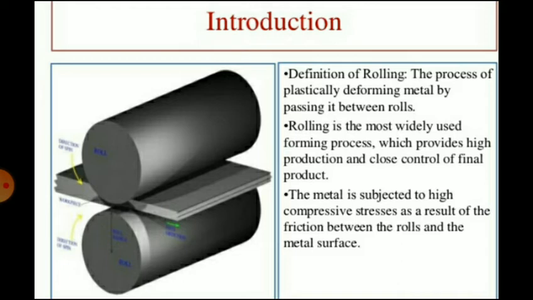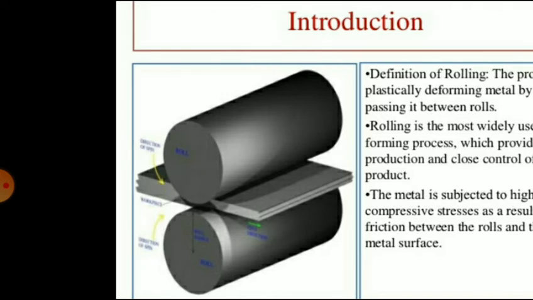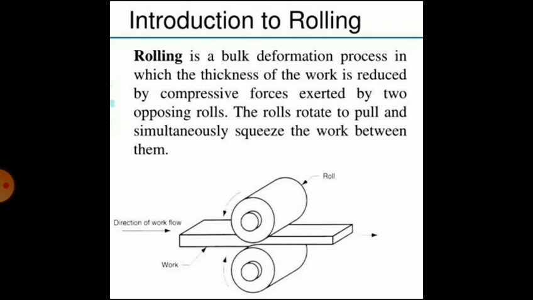The process of rolling basically consists of passing a hot ingot through two rolls rotating in opposite directions at a uniform peripheral speed, and the space between the two rolls is adjusted according to the desired thickness of the product. In deforming metal between rolls, the workpiece is subjected to high compressive force. The rolls reduce the cross section and increase the length of the passing ingots. So this is the introduction of rolling.